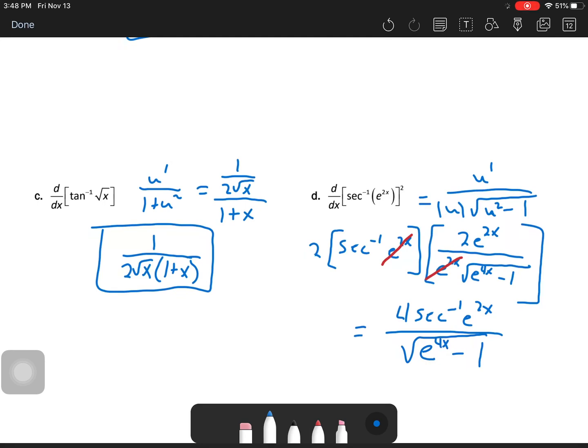So there's my derivative. So that one's got a bit going on there, because we had to do the power rule, and then the chain rule involving the derivative of our inverse secant. But that's it. So there's our notes for doing some derivatives of inverse secants. Inverse trig functions, not just